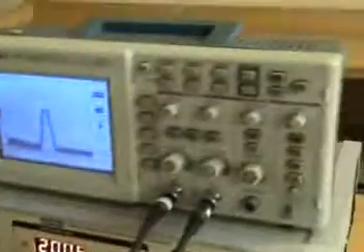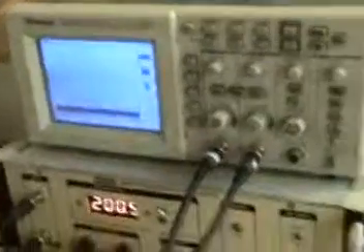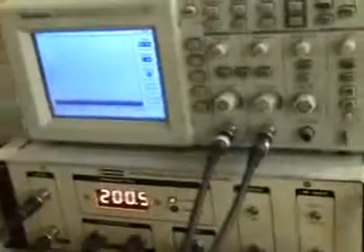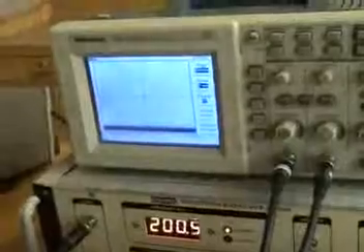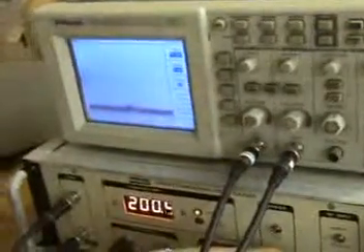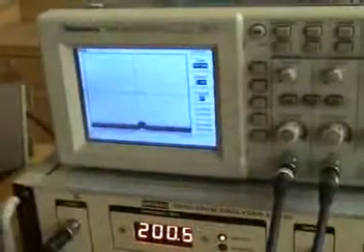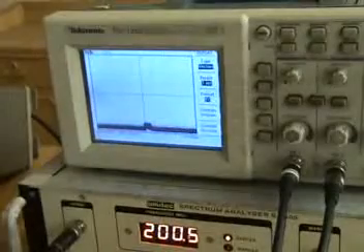And if we put a 40 dB attenuator here, as we have seen, now at this 40 dB you can see that it is displaying around minus